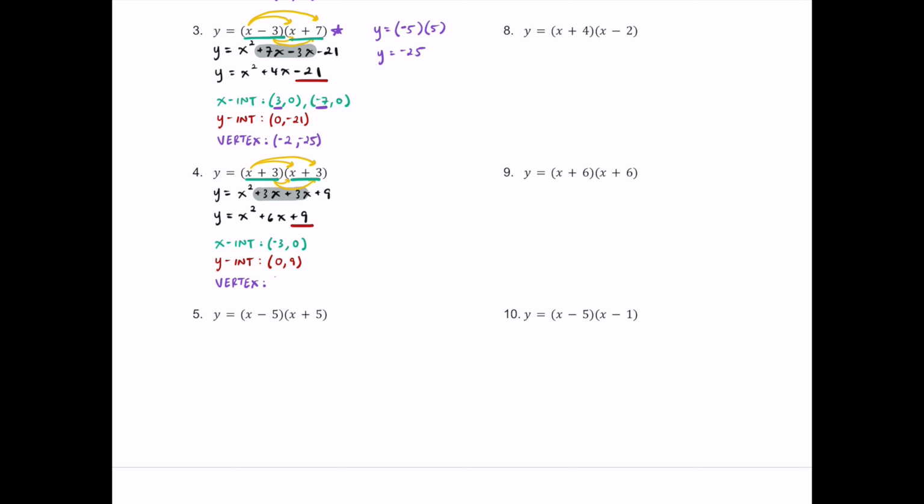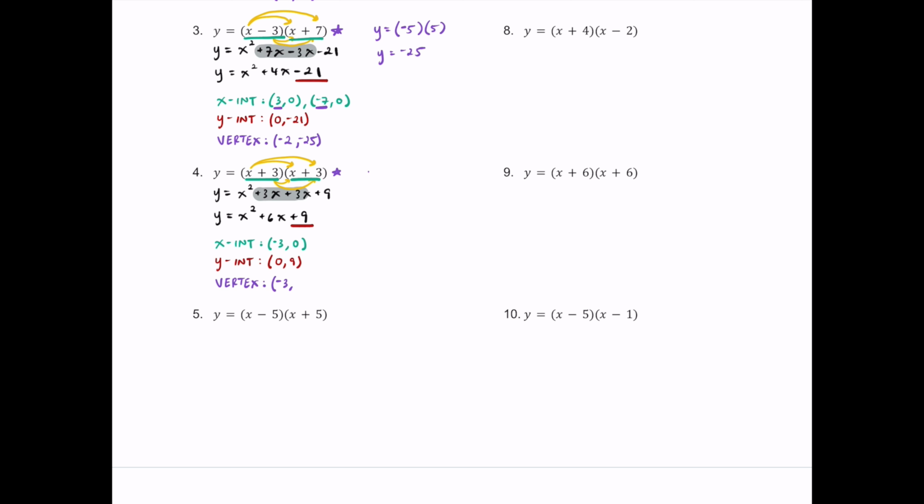And then for our vertex, this is actually pretty interesting. If we have to find halfway between the two x-intercepts, if we only have one x-intercept, then that is where the vertex is going to be located. Hopefully that makes sense. I can go ahead and throw this in Desmos to see visually what this looks like, but the x-intercept is actually the same thing as the vertex, and you'll see why,